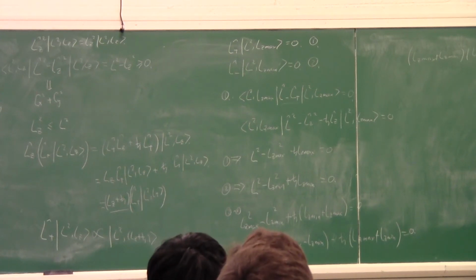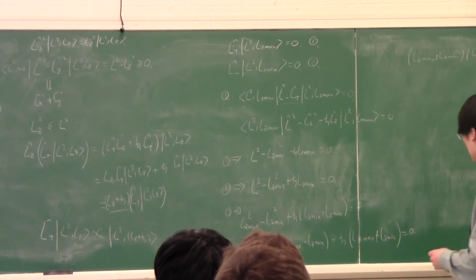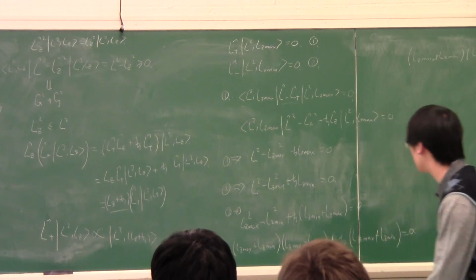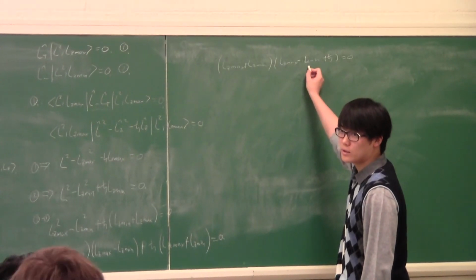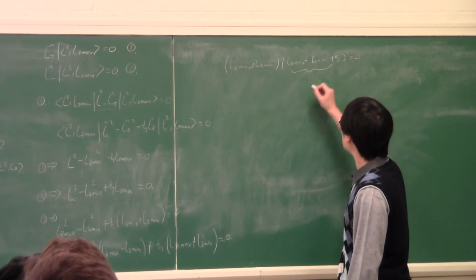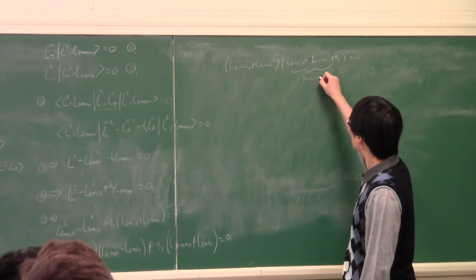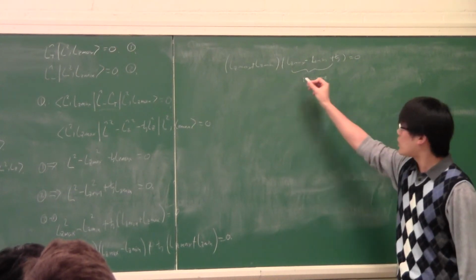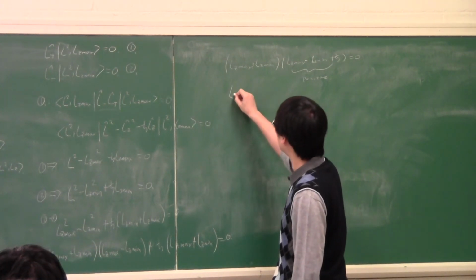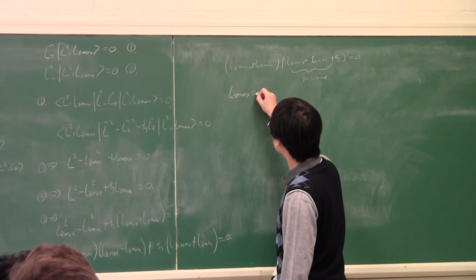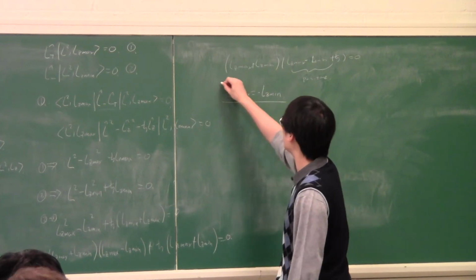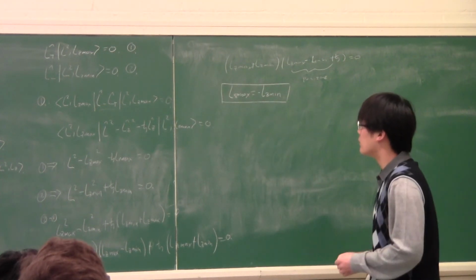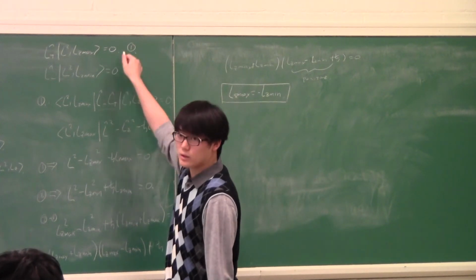Right. So now, since the maximum value minus the minimum, and this should be plus h bar, right? Let me see. Plus h bar. Okay. So since the maximum value minus the minimum value, this thing is strictly positive, right? And then plus h bar, this factor here is positive, right? And since the product is 0, we deduce that we must have LZ maximum is equal to minus LZ minimum, right? Okay, this is one requirement